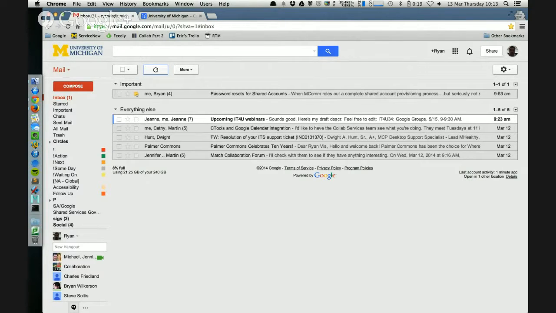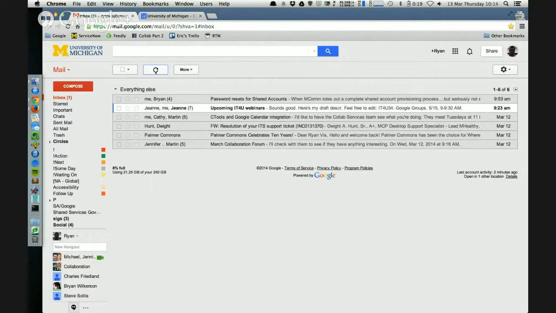If I hover over it, it'll try to explain to me why this is marked as important. This one is important because I marked it. Frequently, if something is automatically classified, it'll say it's important because you frequently email this person or you email them directly. There's a lot of reasons why it might get marked important. If you don't agree with that, you can just click this symbol again and it goes away, and I'll refresh quickly, and it'll drop back down into that Everything Else bucket.